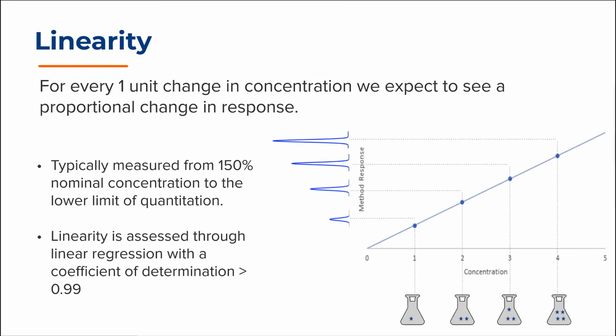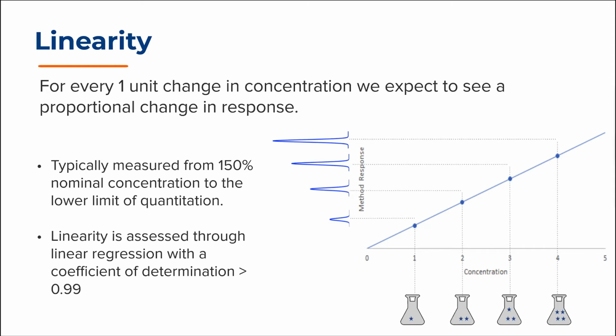The next figure of merit that needs to be evaluated is linearity. For the vast majority of analytical methods, we look for a direct relationship between concentration and detection response. That is, for every 1 unit change in concentration, we expect to see a proportional change in the response. The mapping of this response to concentration is what enables the analytical method to quantify how much stuff or analyte